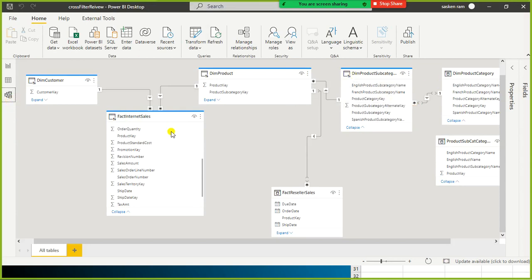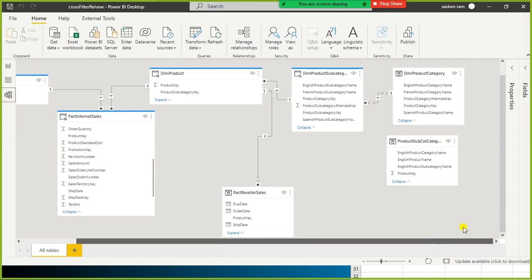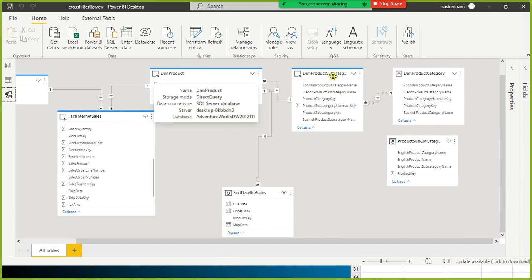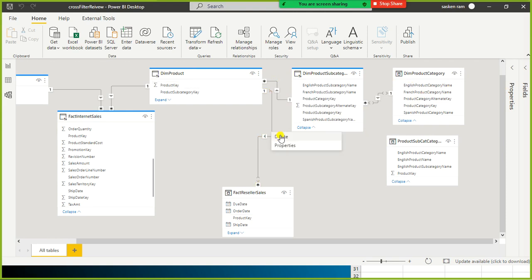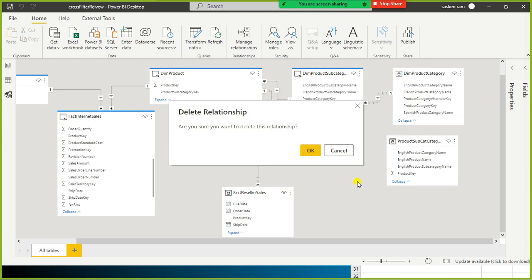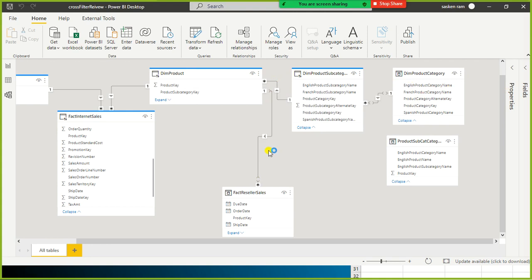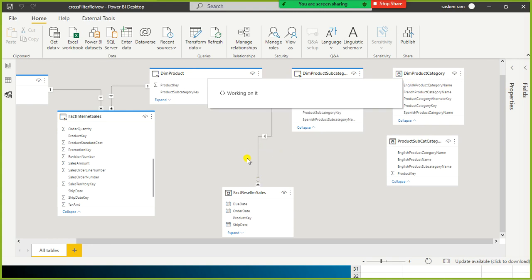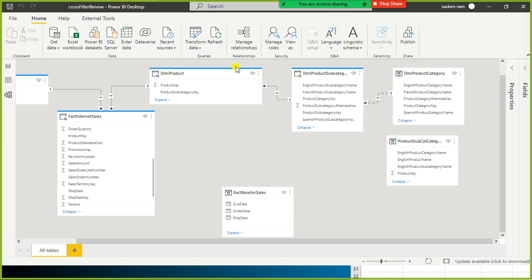So here we can see a lot of tables are there. When you look at the product table, your subcategory and category, right? So we could see a snowflake schema here. By looking at this, we are able to make it out, right? For the time being, I am going to remove this one. We don't need this one to demonstrate denormalization. For denormalization, what I do is I combine all these three tables into a single table.